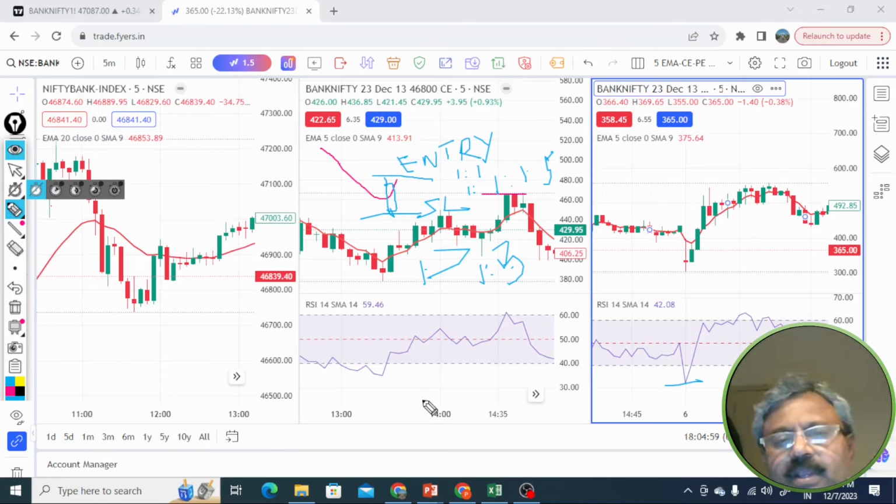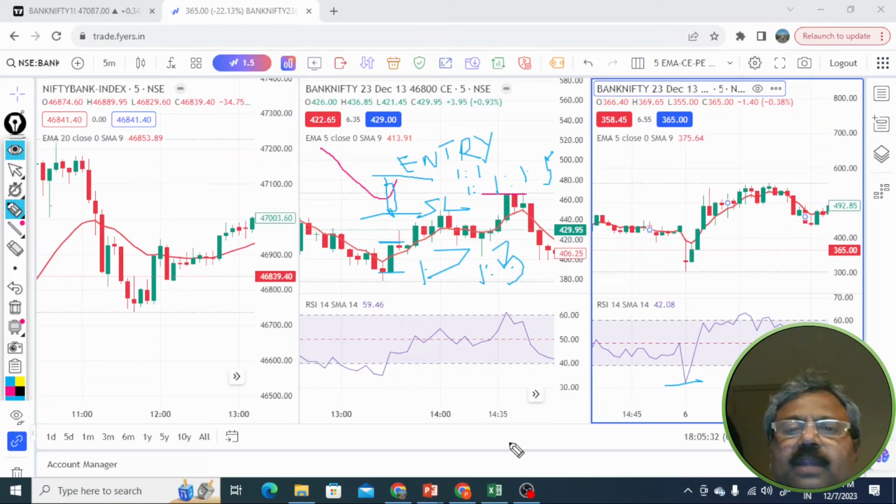Whenever a green candle gives a close above 5 EMA, and corresponding to that there is a confluence in the RSI, which is rising from below 40 towards the upper side, that is the more confluencing trading opportunity. When we take such a trading opportunity, the target can be easily achieved, and this strategy can work at least more than